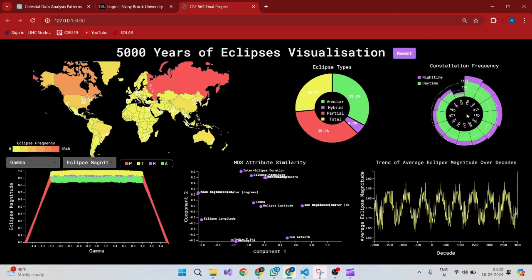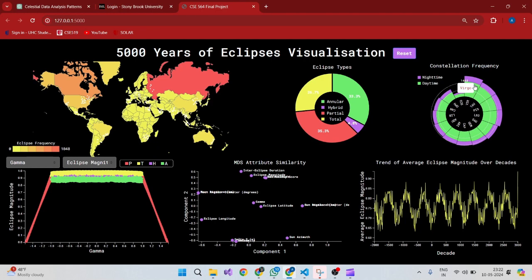So what we understood from this is that it might be because when Virgo is visible, it is during the August and September months, which is when the autumnal equinox takes place, which means because of the longer days, the more number of eclipses can be seen. And similarly, Cancer is associated with the month March, during which vernal equinox takes place, and because of the sun's movements and the earth's movements during these months, there are fewer number of eclipses.